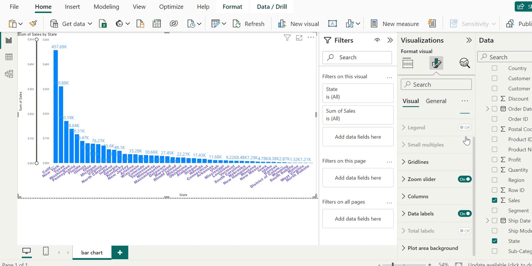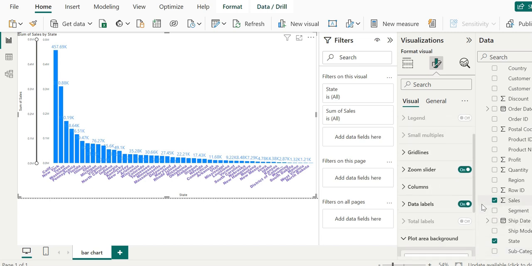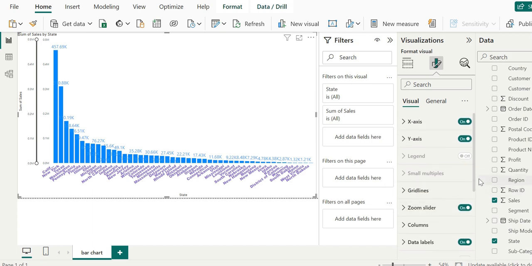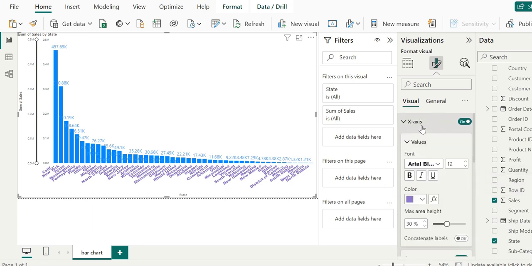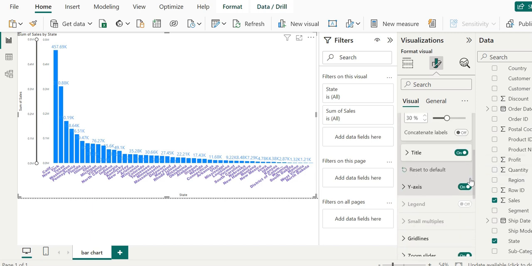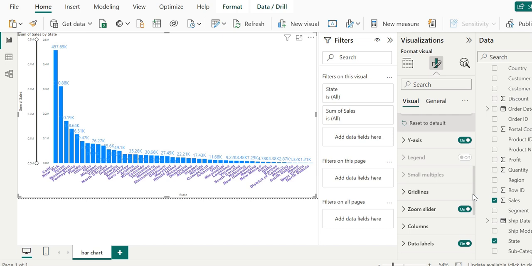Now we will see data labels and plot area background, and we can have various kinds of orientation too. If we don't want any tweak and just want Power BI to make things as they were before, we go to reset to default visual.